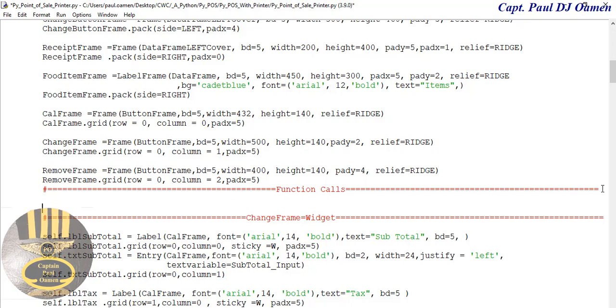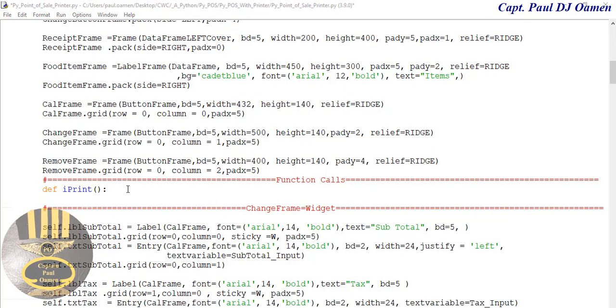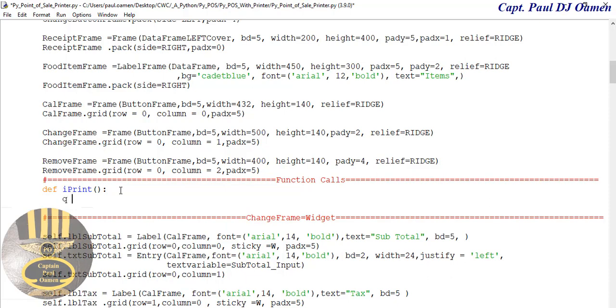So let's call that function I print. There we go. We need to make sure that it's properly indented. Yep. Okay, right in here let's declare a local variable. I'll call that q equals self dot